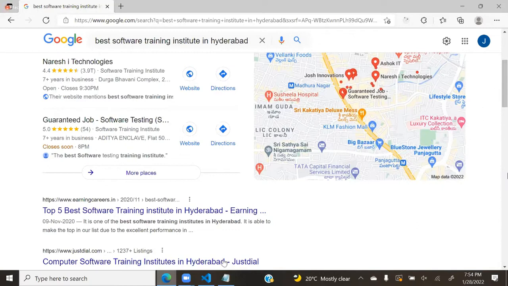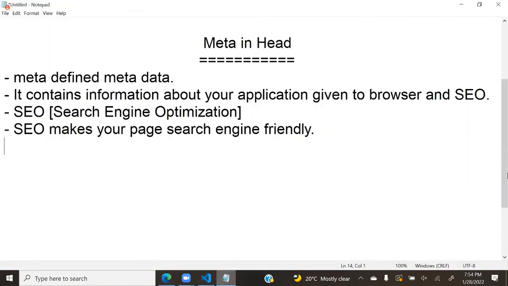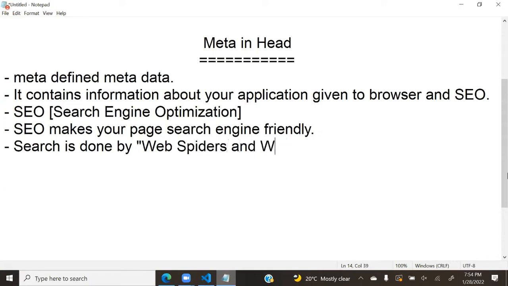This entire searching work is done by web spiders and web crawlers. These are actually Google robots.